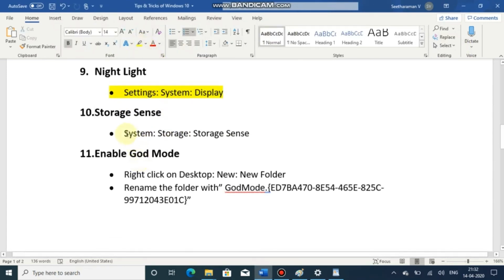Then Storage Sense. This is to automatically remove unwanted files or temporary files from the PC. This is a new feature provided by Windows. Go to System, Storage.